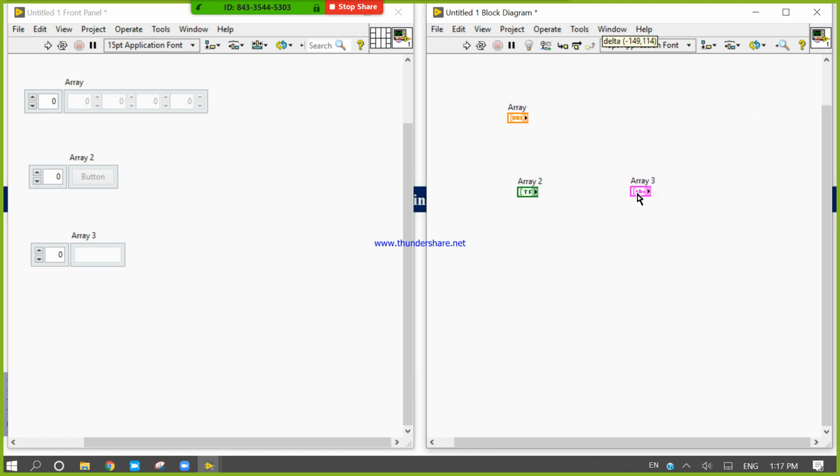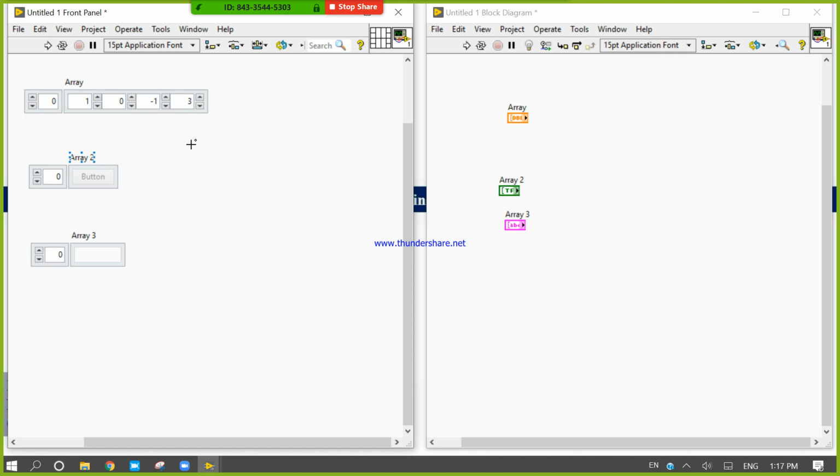Now what is the size of this array? The size of this array is right now 0, because it is not initialized. Until we initialize it, the size of the array is 0. To initialize we need to put in any value. 0 is also a value. First I will put 1, then 0, then minus 1, then 3.